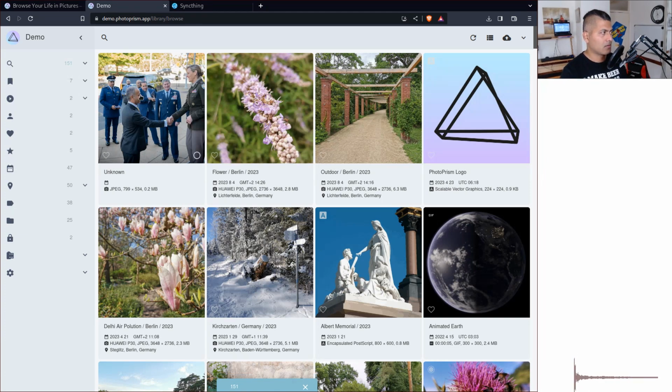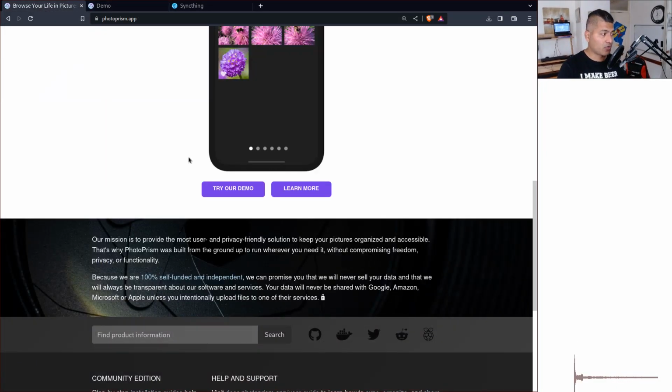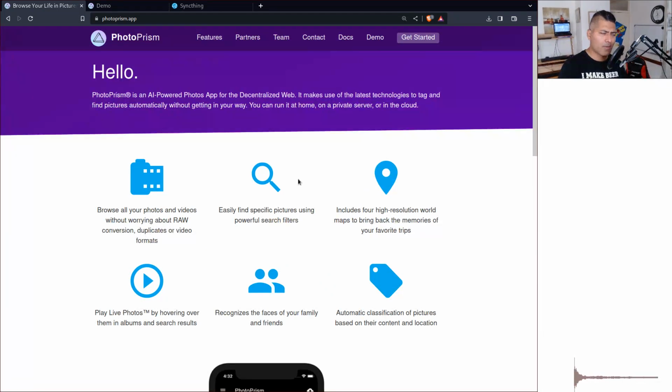I guess I'll probably just be able to host it on one of my VPS. But the problem with hosting it online is that it will consume a lot of storage, and that is again a problem. I'm just looking at the PhotoPrism app, which is for viewing. I'm not really concerned with backing up files because I'm using Syncthing for that. But if you have any suggestions, if you have any ideas on how I can,